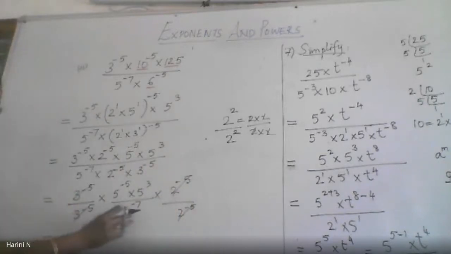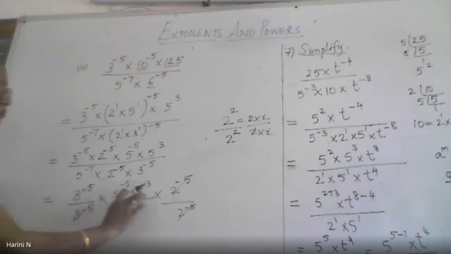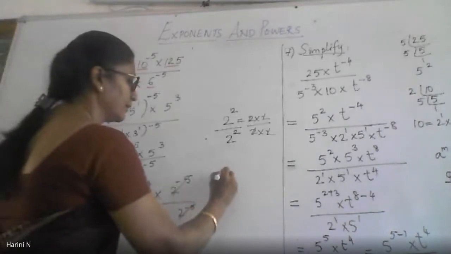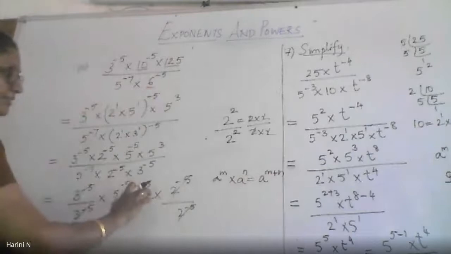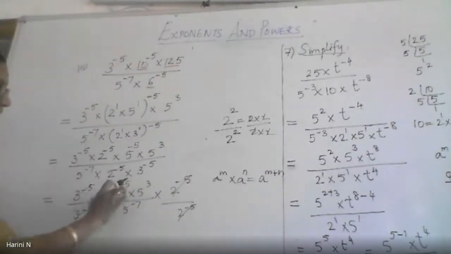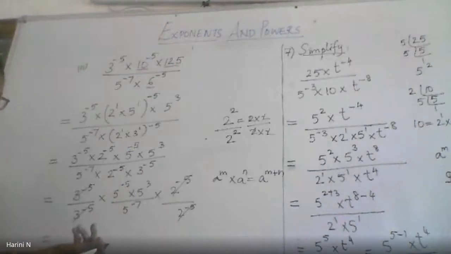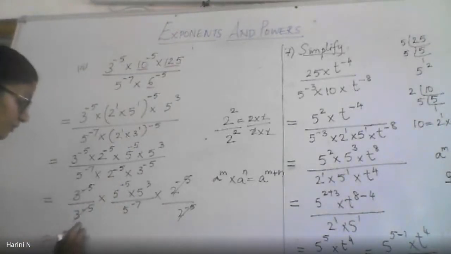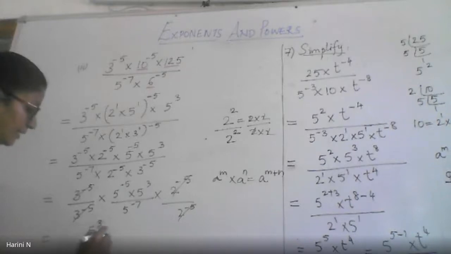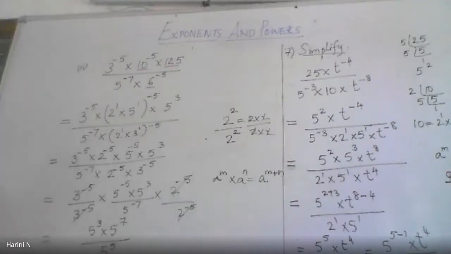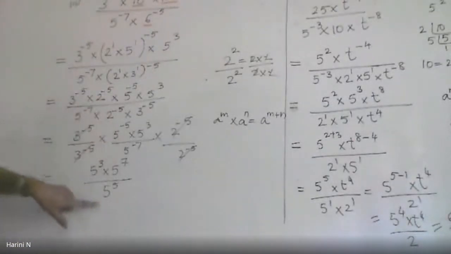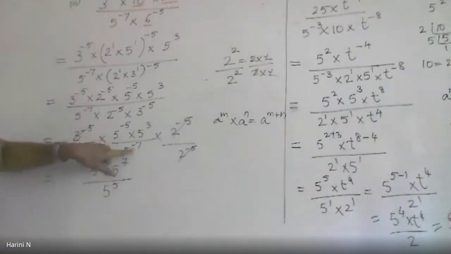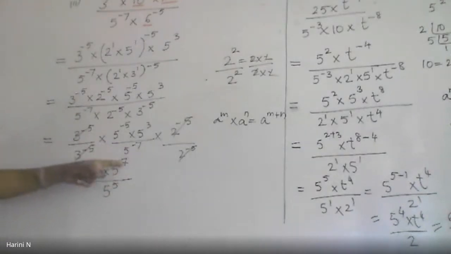So what is left over is only the base 5. So here you will use your laws of exponent. A to the power m into a to the power n will be a to the power m plus n. Your m is negative 5, this is positive 3. If you want, you can bring the negative 5 down and positive 7 up also. Why? Because negative power is there. I think yes, we will do that. We will take it as 5 to the power 3 into 5 to the power 7 divided by 5 to the power 5. Did you understand what I have written? Why I have written it like that? 5 to the power negative 5 will go to the denominator as positive power. 5 to the power negative 7 in the denominator will go to the numerator as positive power.